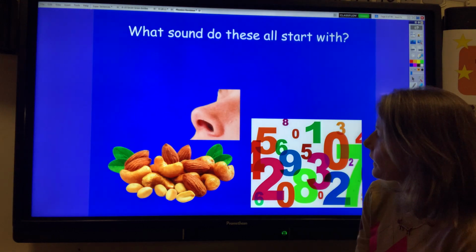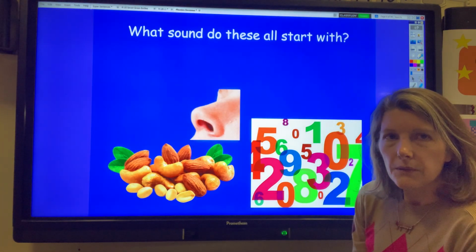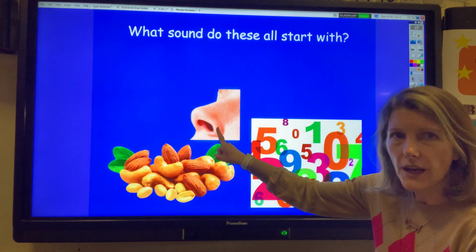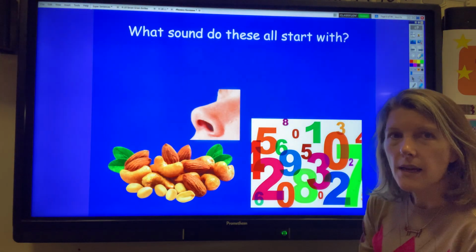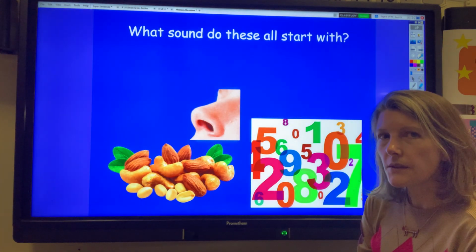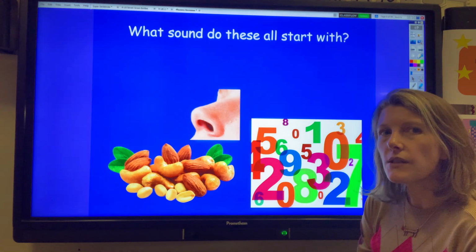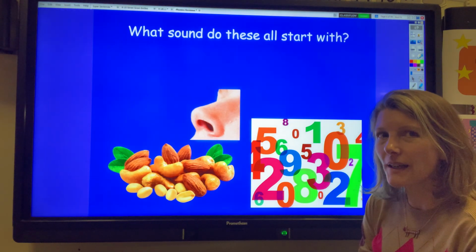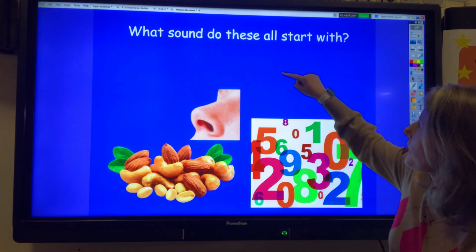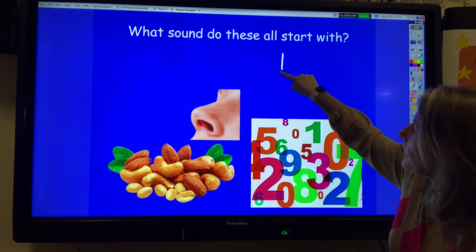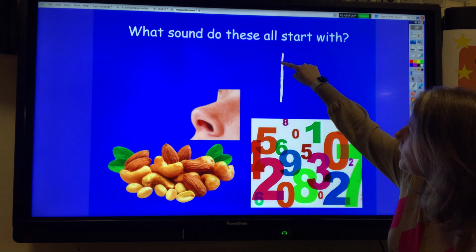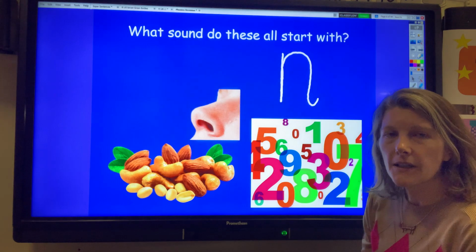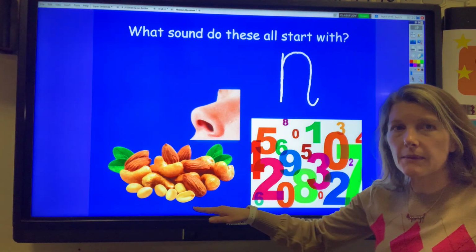I think this is the last one. So what have we got here? We've got some nuts, a nose and some numbers. What do those all start with? Nuts, nose and numbers. Do you know? Have a look. So we start at the top, we go down, back up, over, down and flick. So the grapheme is N and the phoneme is